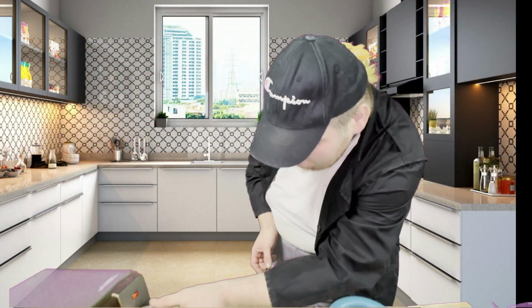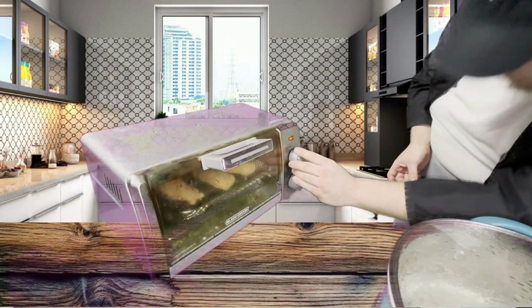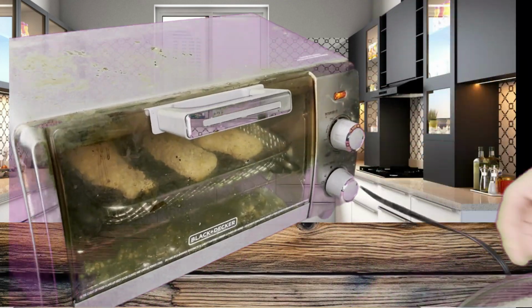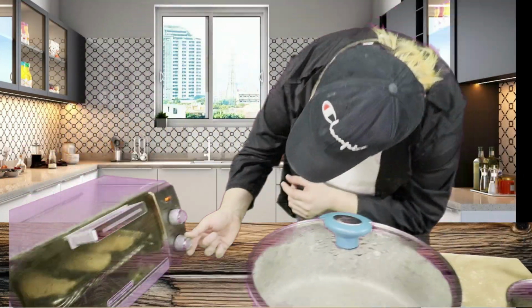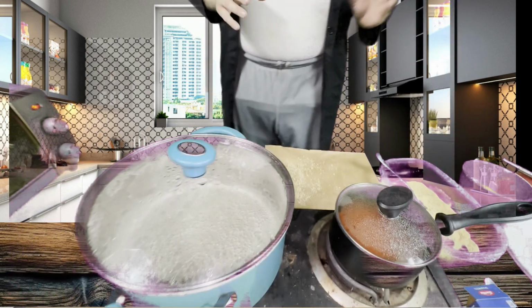And then we're gonna turn this bad boy on up to 400 to give it a nice cook. A little bit more there. And make sure we're on the right set. Here we got 15. We're gonna set this for, let's do 25 to make sure we get a good cook. Right around that 20 to 30 minute marker should give you just enough of a cook with that chicken. That being said,